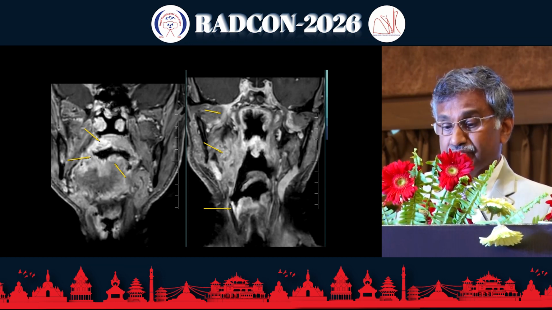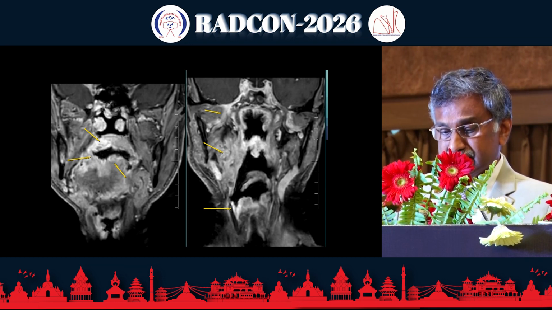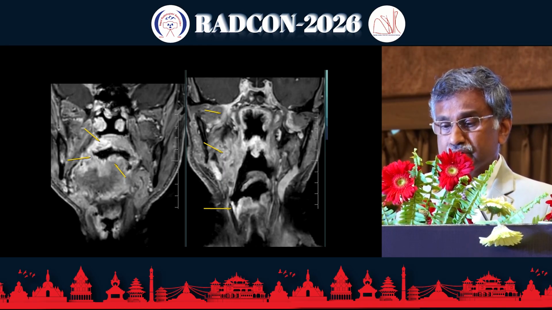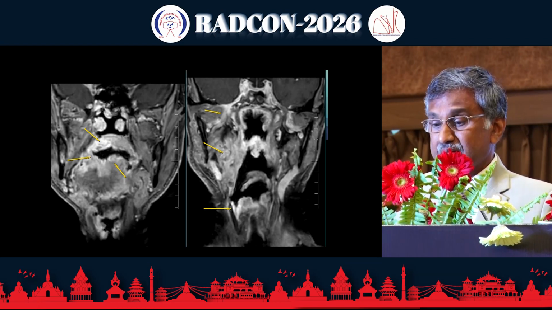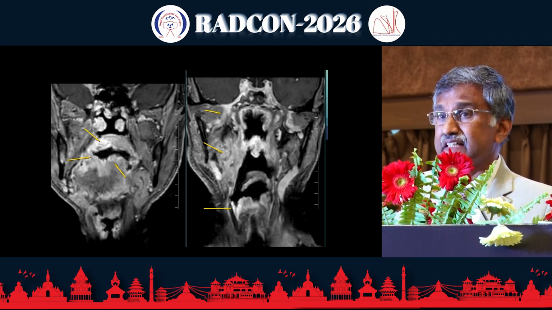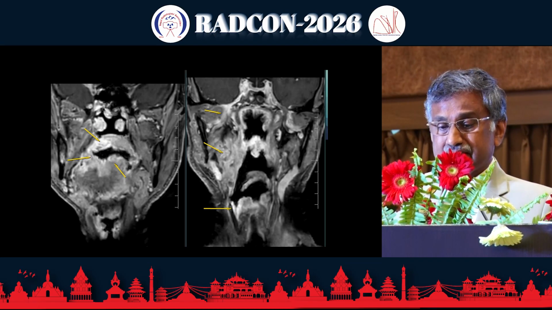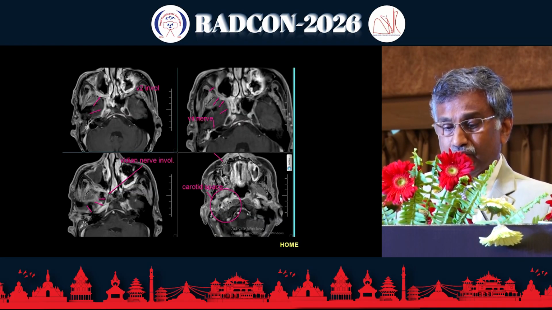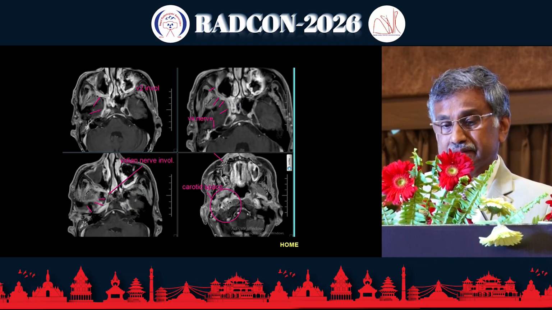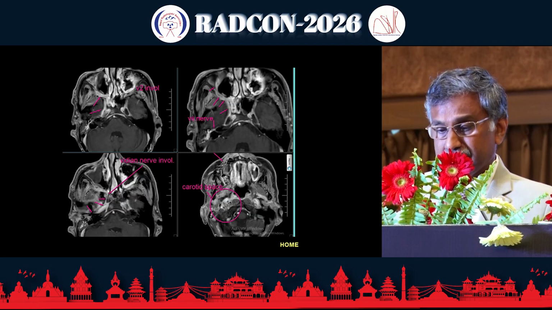Why is it important? It is functionally important because palate involvement can affect the oropharyngeal mechanism, resulting in aspiration, and functional impairment can occur during swallowing. So this information is important for clinicians to look for functional impairment if there is involvement of the muscles, particularly the levator veli palatini and tensor veli palatini.